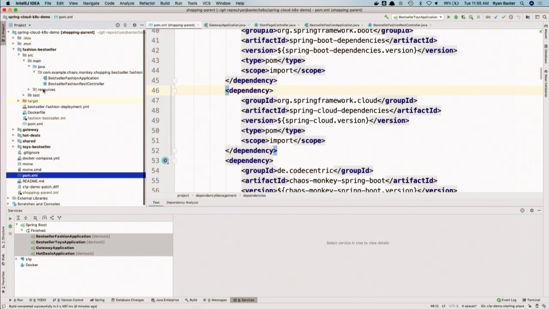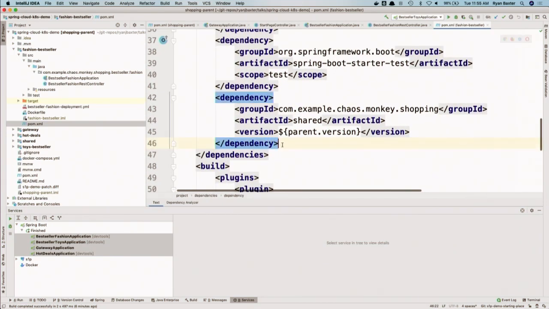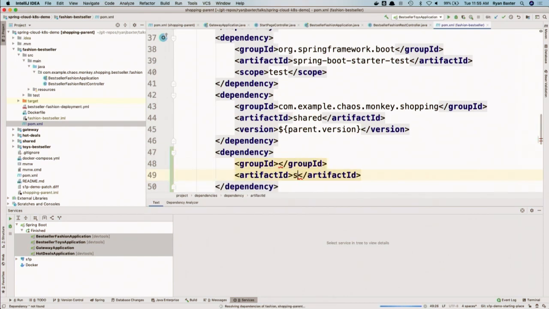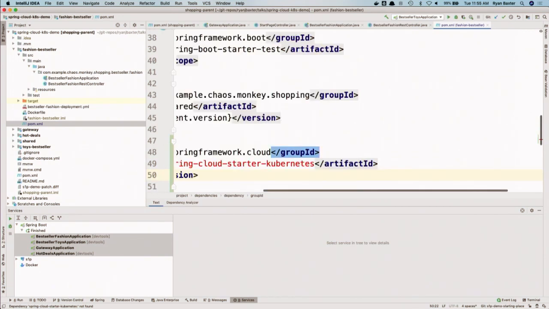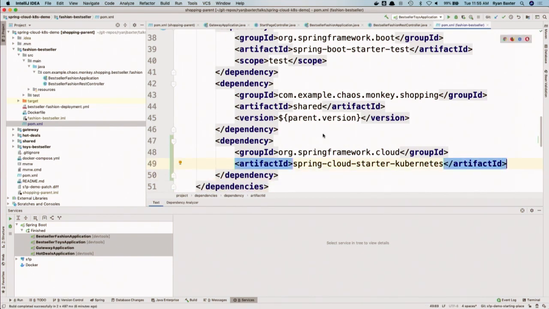And in each of these projects, we need to go ahead and add the dependency for Spring Cloud Kubernetes, right? So we'll add a new dependency here, and it's Spring Cloud Starter Kubernetes, and the group ID is for that. We don't need the version. Okay, so we just add that starter there.